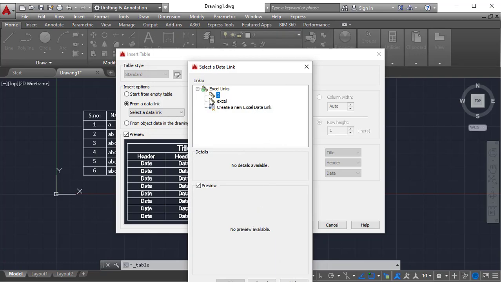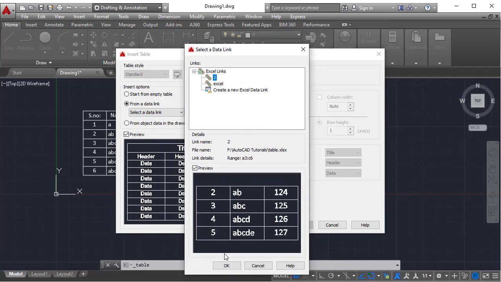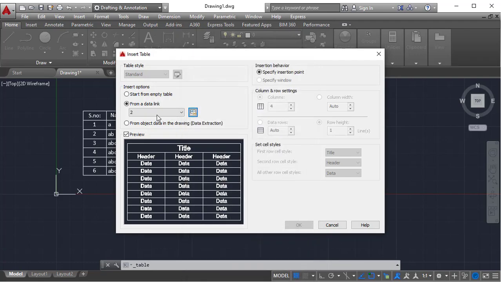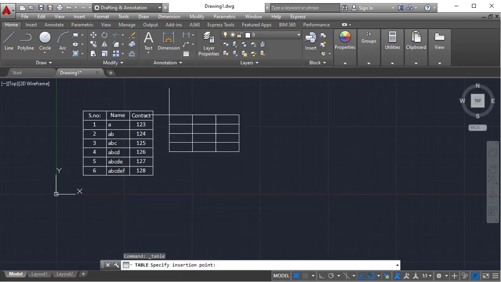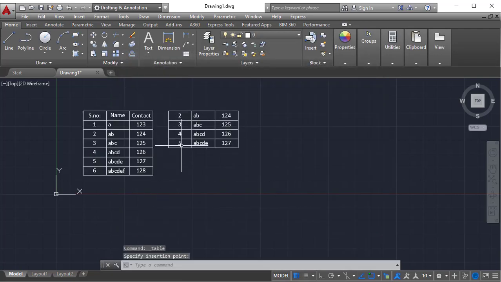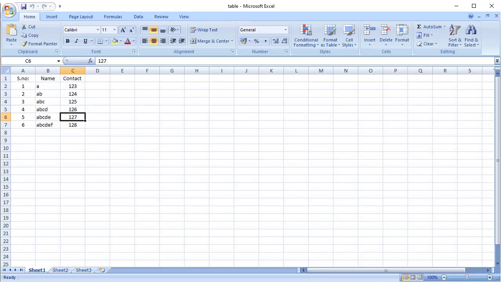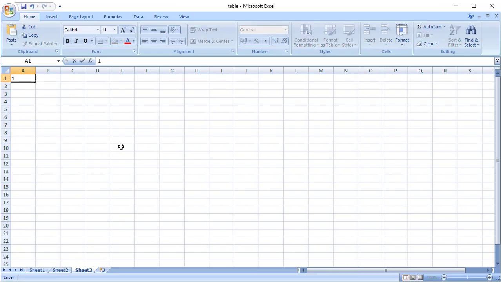If you click OK, second one is created, click OK again, and select this one and click OK again. See, with the same file I have created 2 tables. I just linked with the 2 tables. What if I have selected sheet 3, like I just use one over here, somewhere over here, I don't know what it is, but I have typed 2, like I have entered in these 2 cells only, in between nothing. I have drawn anything. You need to save first.